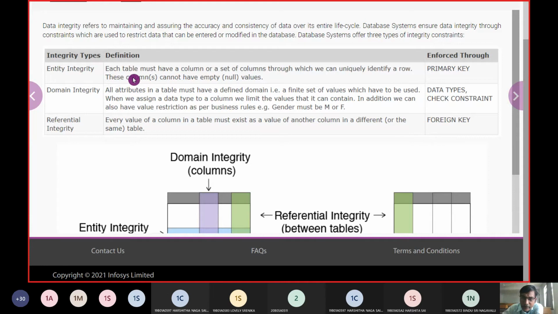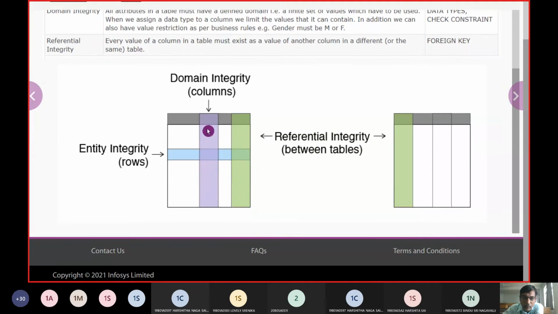about entity integrity, in order to uniquely identify a row, we use primary key values. Similarly, for a domain, just now we discussed the department values ICT, ETA and so on. Whatever department names we give, only those should be accepted in the model.